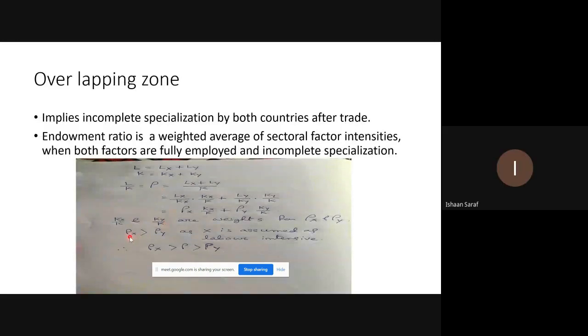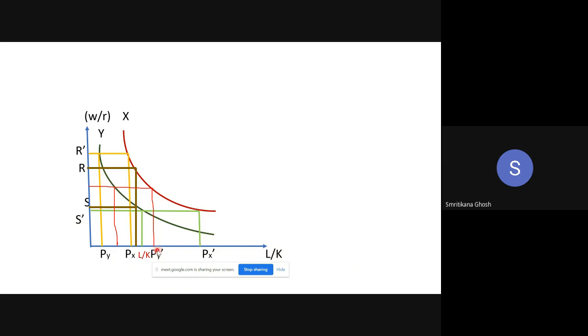No, ma'am, why are we adding and then comparing? Why are you adding? Because these two are the demand. This ρX and ρY, these are the demand. So that should equal the supply because there is full employment. So the sum total should equal the supply, that is L by K. Okay, ma'am. So one should be to the left of L by K, another should be to the right of L by K. Otherwise, it is not possible. That is in the relative concept.